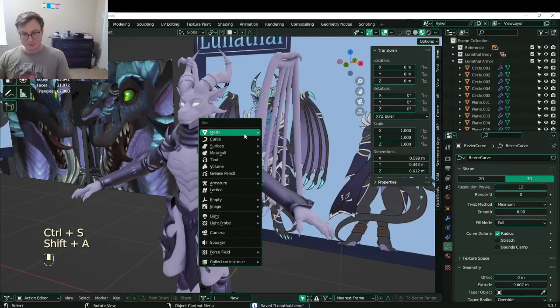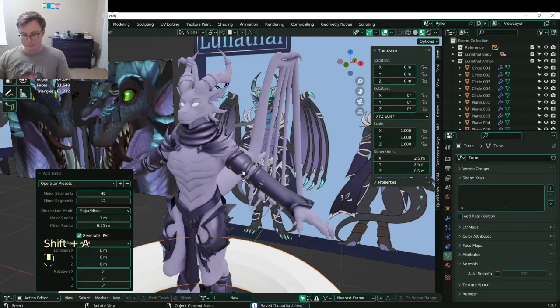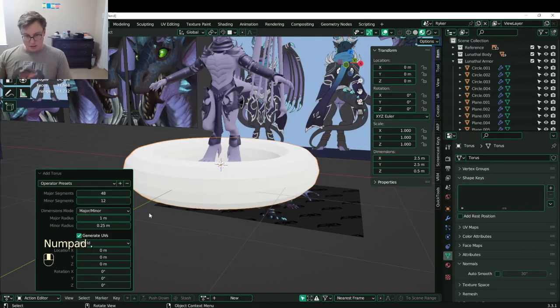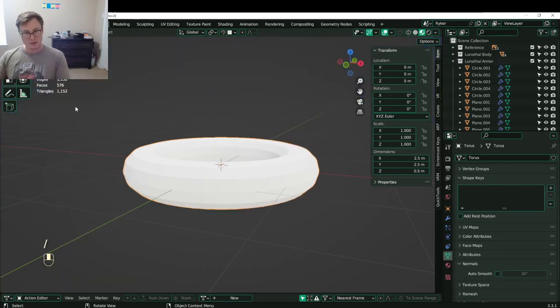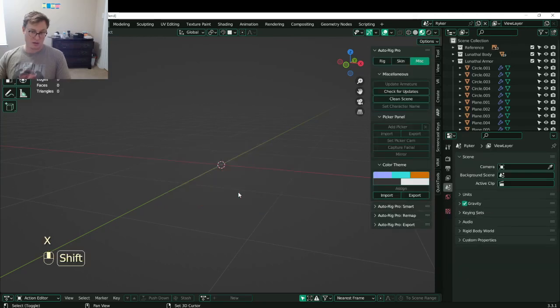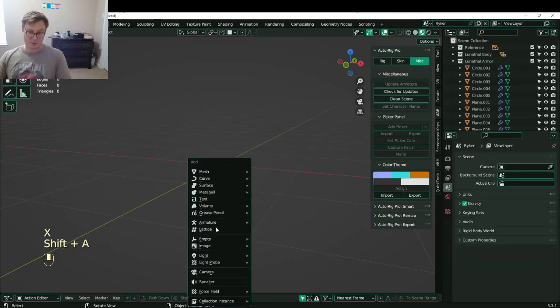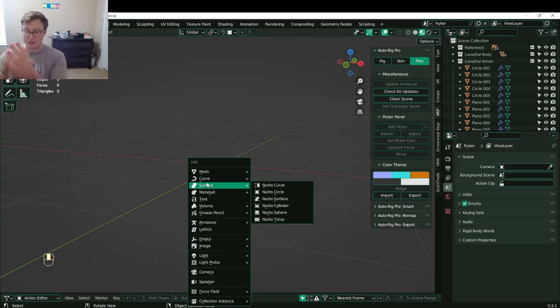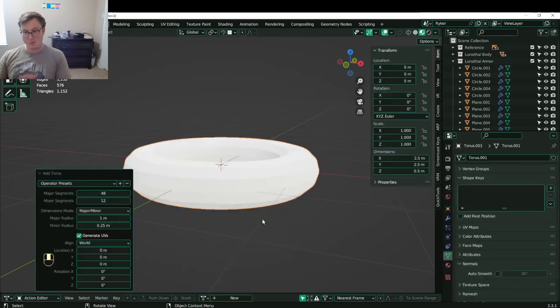Piercings. So I make a torus. Boom. And how much this alone is 1,000 vertices. So I pretty much want, we're going to be making 6 of them. At most, I'd want them to be about 3,000 altogether. 2,000? Even 3,000 is a lot. So